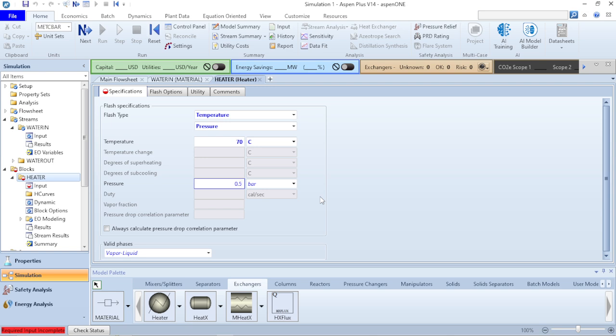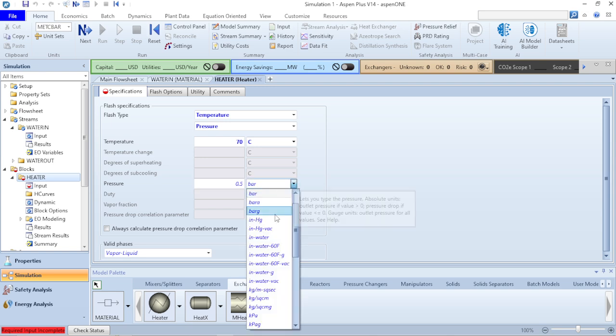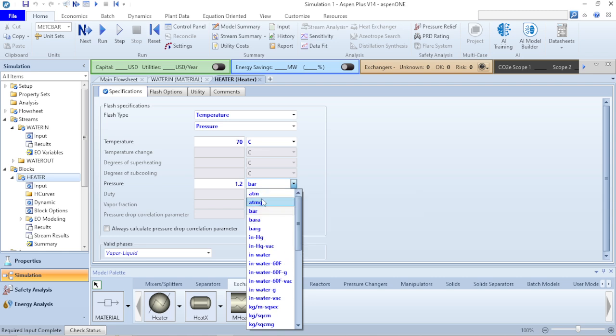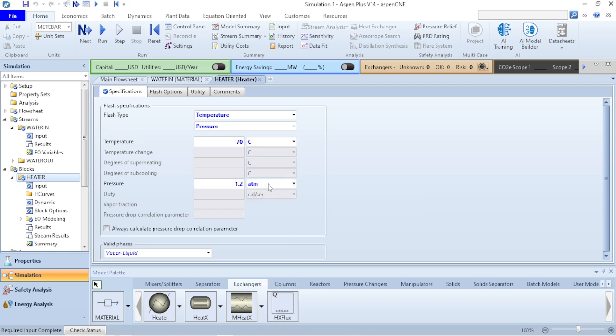This is 0.5. But normally if you're increasing your temperature, most times there's always an increase in pressure you get. So basically let's just do what's right. Let's increase our pressure to about 1.2 atm. Okay, so apart from just the temperature,